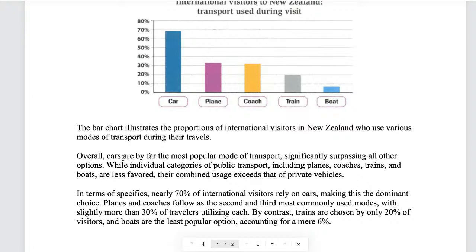Now let's talk about the type of transport which is used the most. So cars, right? Almost 70%, but of course in the overview you don't need to write any specific number, remember? Okay, now you write: overall, cars are by far